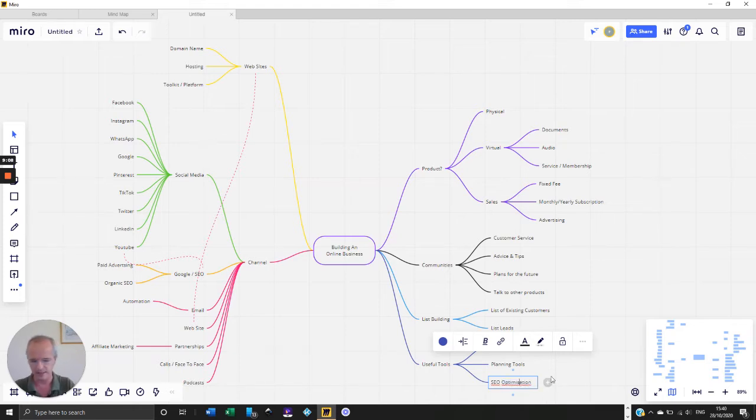Maybe it's expecting a Z. Let's try that. Yeah. Okay. So SEO optimization. There are a whole suite of tools from many different sources to help you do that. Google themselves provide a big platform for creating your ads and optimizing your websites, and other people have built tools on top of that to make it even more user friendly.